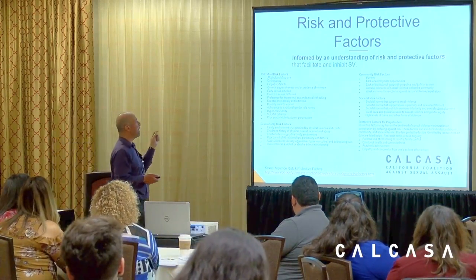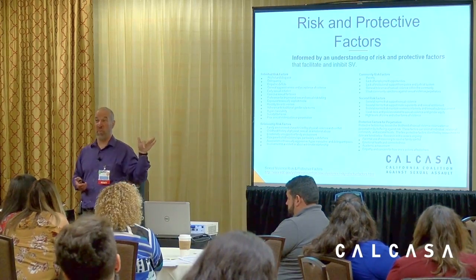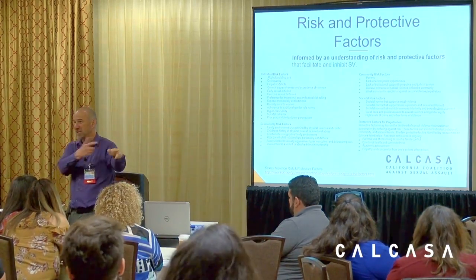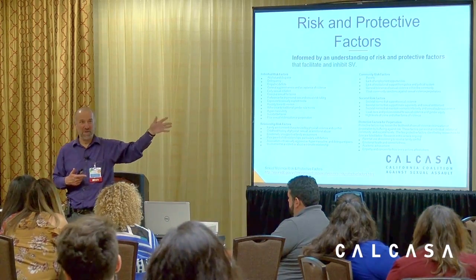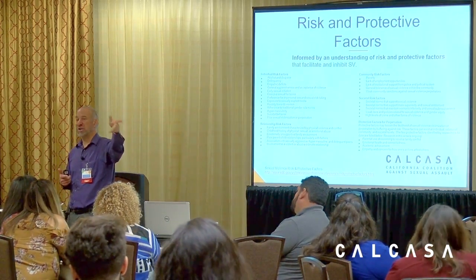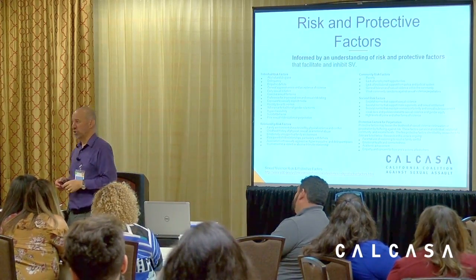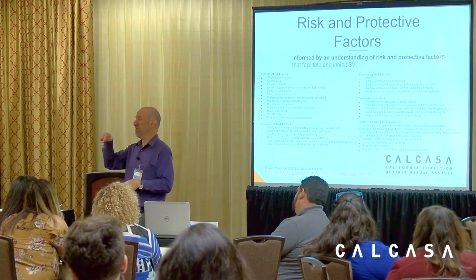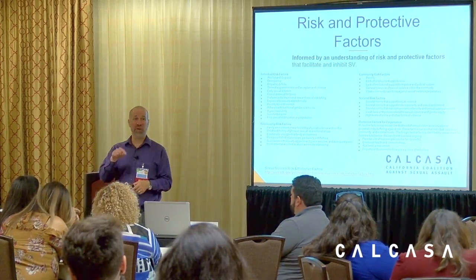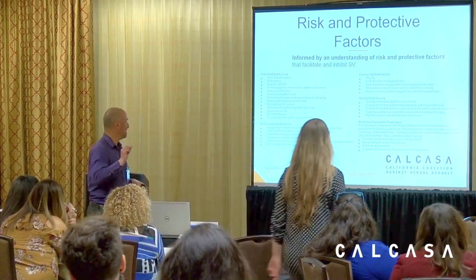But here's some of the risk factors. Now, they divide the risk factors by the social ecological model. Remember that one? Individual, relationship, community, and society. There's a lot more research that's been done on individual than there's been on community. In the RPE program, though, we want to spend more time focusing on the community ones.